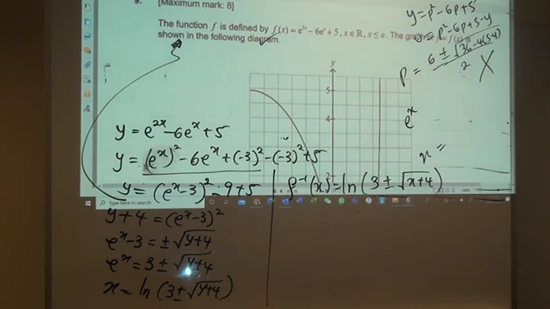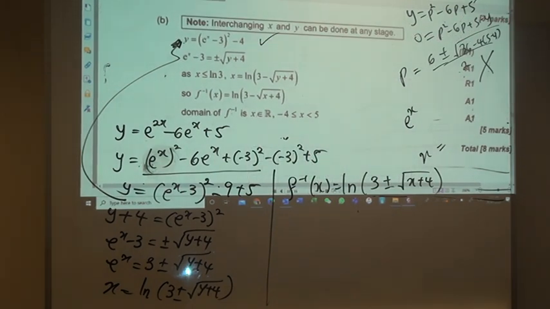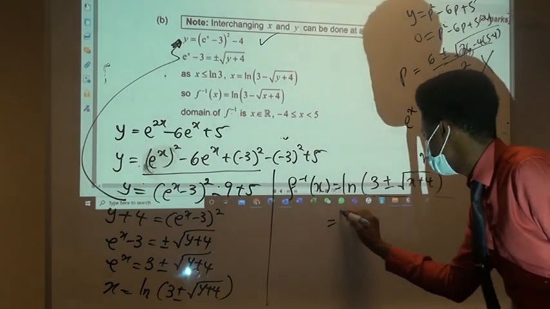What is your ln 3? Can somebody check an estimated value of what that is? What's your ln 3? So 1.09, so basically we can say maybe less than 2. Right? x is less than 2. So if x is less than 2, 1 point something, look at this. So we are having two options here. It's that we have ln